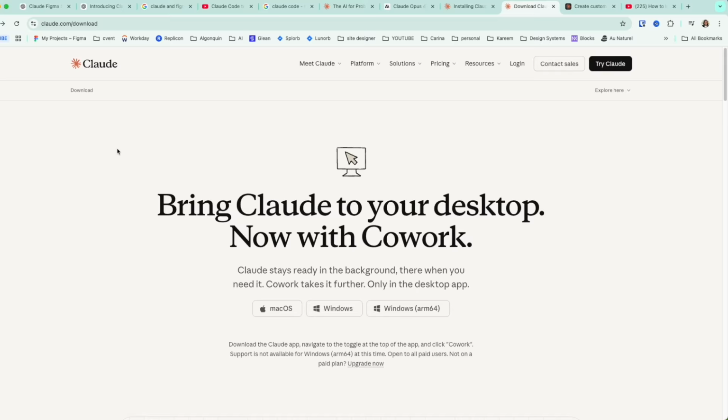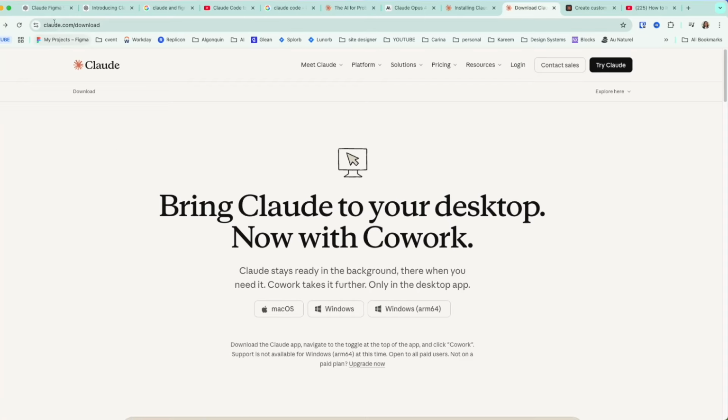As designers, you may not have your own coding tool. So even if you do have an IDE, the simplest way for us to demo this and to show you this is by using Claude Desktop. In order to do that, if you go to